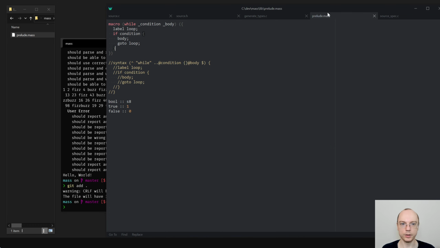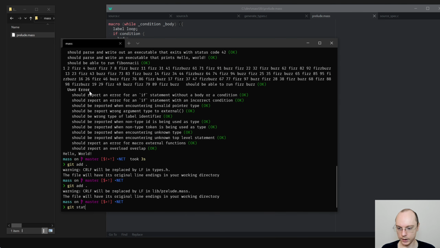Yep, we don't have more macros here, so we have the next one. And this is a bit more complicated because it will need to extend how we actually store the macros.